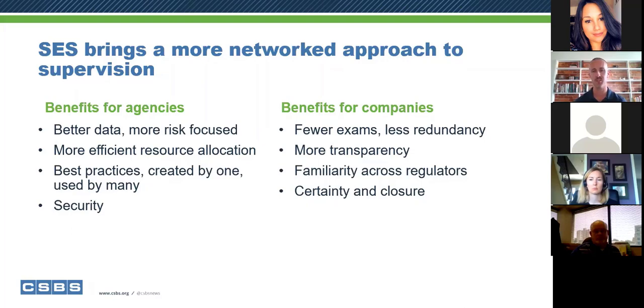So this slide's really just to give you an example of some benefits that we see in SES for agencies and benefits that we see in SES for companies. And if you're not drawing the conclusion now, it's probably a good time for me to mention SES has company users and SES has agency users. So they're both in the system, and that's why we're able to bring benefits not only in the technology platform, but the process to the company side.